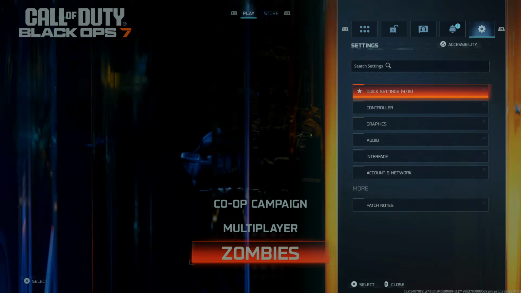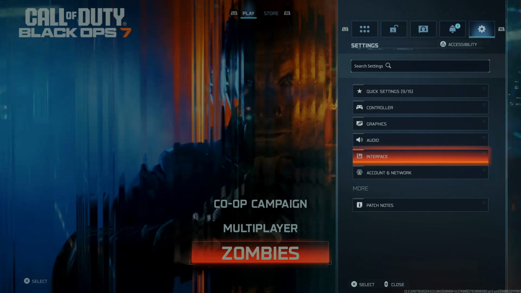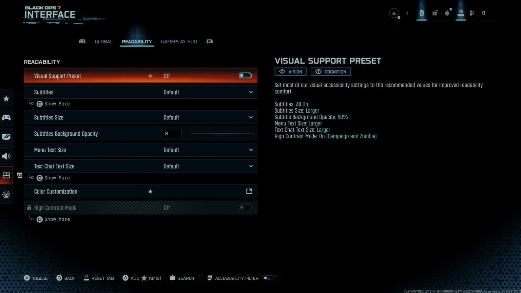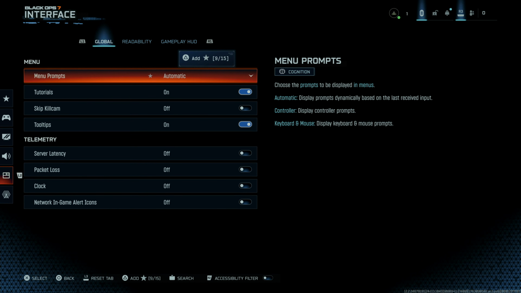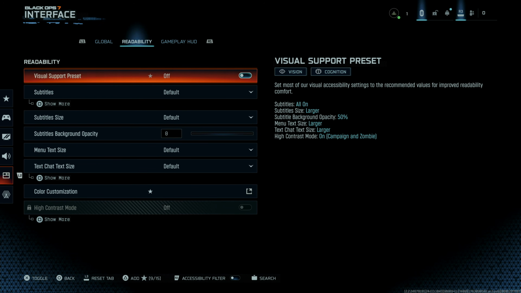And then navigate to the settings wheel icon by using your R1 or the L1 button. And then scroll down and select Interface. Now within the Interface section, navigate to the Readability section. So navigate to Readability by using your L1 or the R1 button on your controller, and then scroll down and